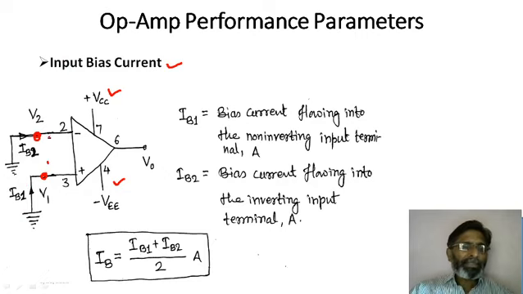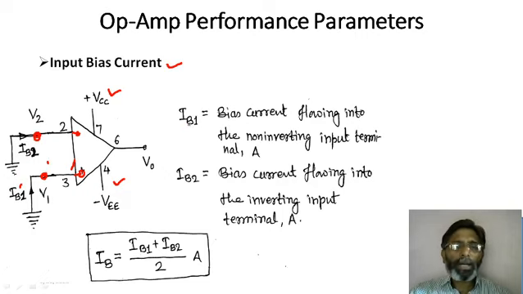Now see, what we have seen is that in case of op amp, its input resistance Ri is very high. So as Ri is very high, these input bias currents, their magnitude is very low. If you consider ideal op amp, then we know that Ri is infinite. Infinite means these two terminals are open. So when these two terminals are open, current cannot flow. So in that case, both currents are 0. So in case of ideal op amp, both the base currents are 0.